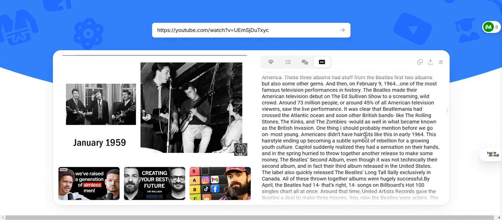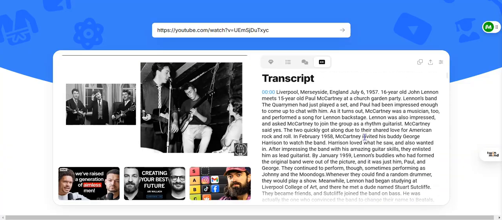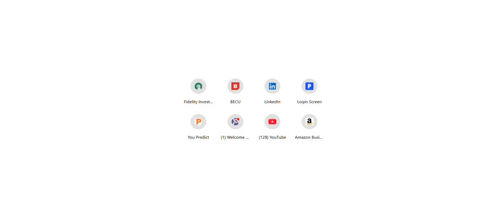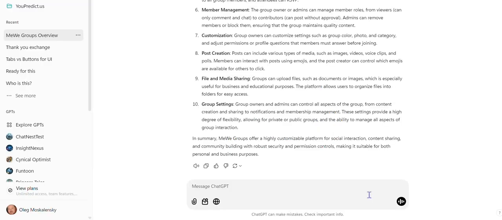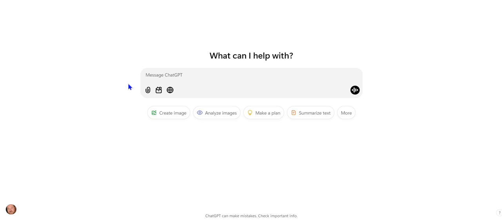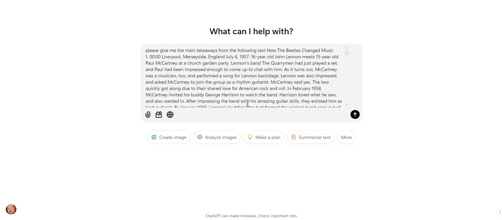The nice thing about that option is that you can just grab the content by clicking on this copy button, and you can also share it with somebody else. And then if you go to our favorite tool for AI, which is ChatGPT, and jump into that and go to chat there, then you can just type in, please give me the main takeaways from the following text, and I press Control V to paste, and we hit go,